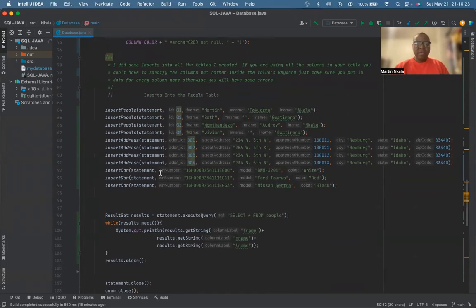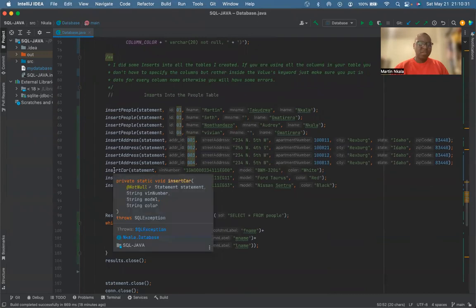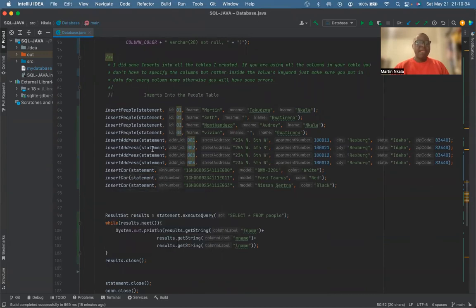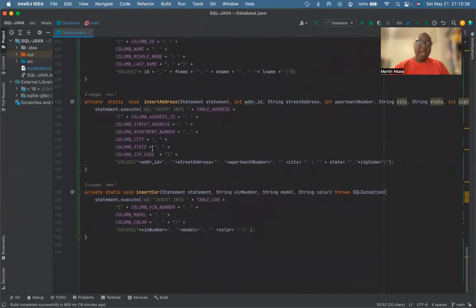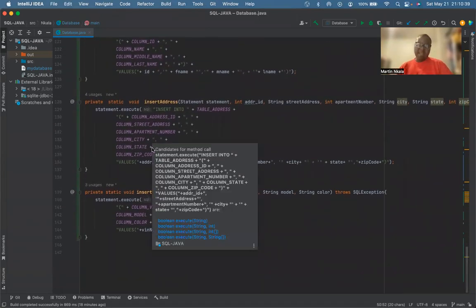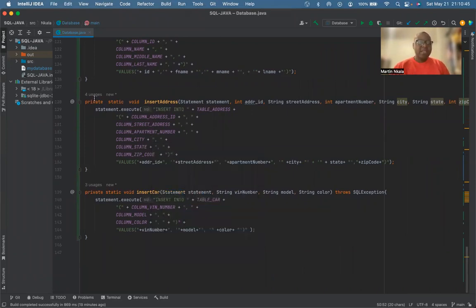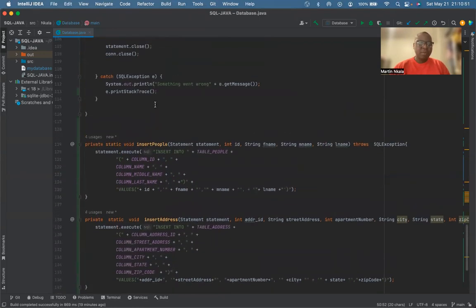Going through my code, you might ask, what are insert people, insert address, and insert car? I created some methods. I could have created different classes for that, but for this video, I just decided to create methods. So I set them to private. Here, as you can see, I have insert address and insert people. Let me start from here. I'm using that statement, which is a class like I showed you earlier,